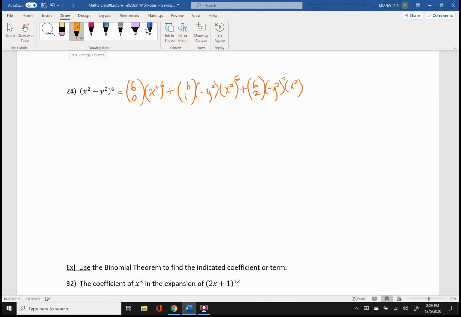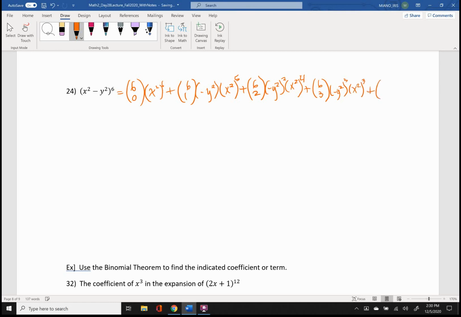And again, your exponents on these two factors here, the a component and the x component, should add up to the n value. If it doesn't, something's going awry as you go, and you want to catch that as early as possible if you do make an error. So the next binomial coefficient here will be 6, 3. Then it'll be negative y squared to the 3rd power, x squared to the 3rd power,